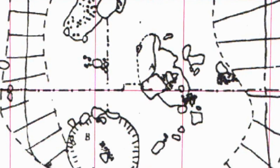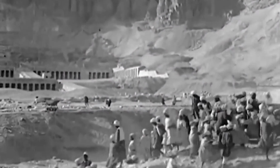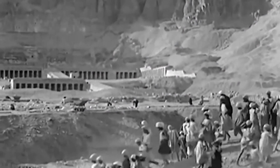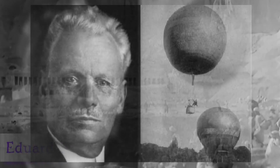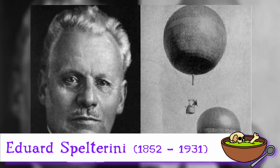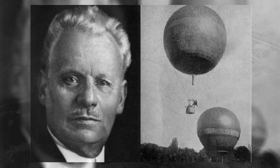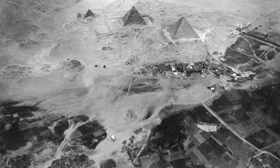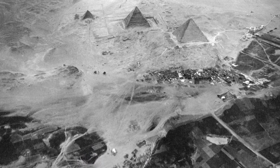Of course, archaeologists haven't always relied on pen and paper. Photography and also filmmaking became a key tool in recording archaeological sites. Archaeologists were fairly early adopters, and they embraced new opportunities, such as with the balloonist Eduard Spelterini. His flights and photography, such as over the Giza Plateau, afforded archaeologists a whole new perspective on even the most